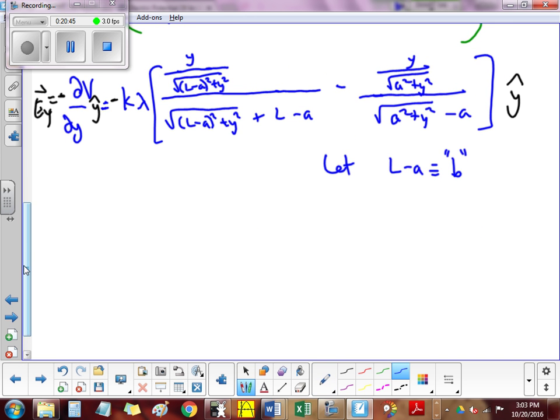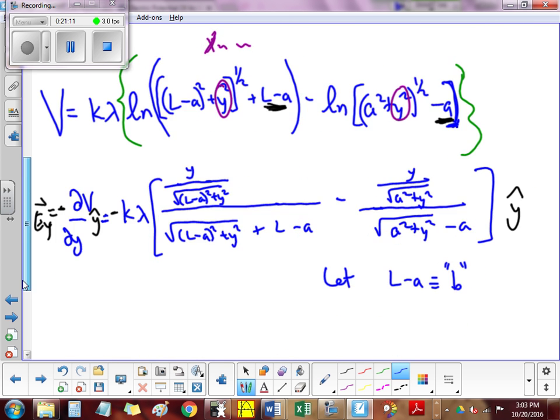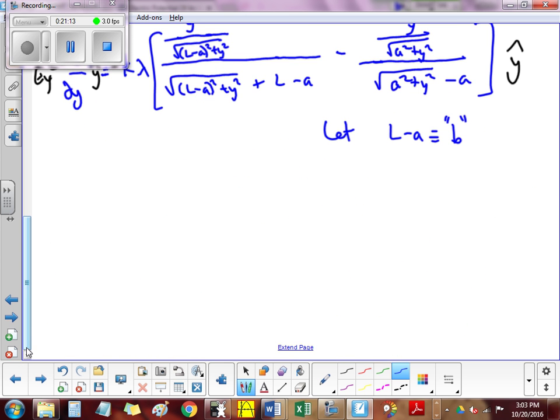The A means you're going to travel left and right, and you have to admit, as you travel left and right, the field does change, and it's because of the edge effect on this cylindrical rod. So you cannot expect the same V with different A's because the original function V at the top of the board right now has A's in it. So if you change A, you change your potential. It is A dependent and it is Y dependent. So now it's time to find E sub A